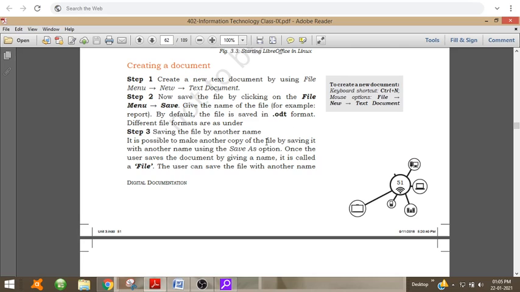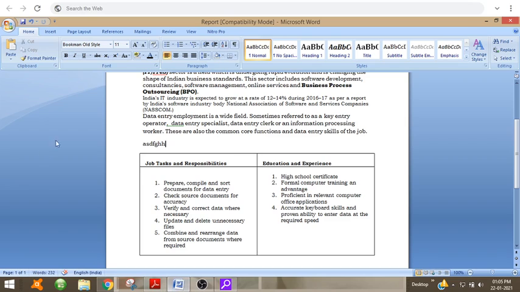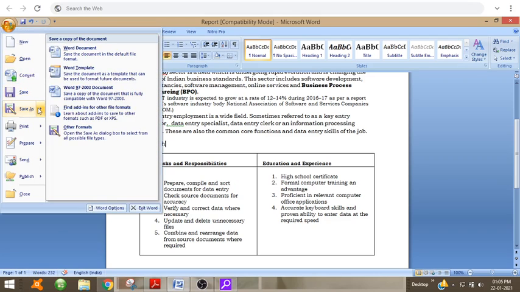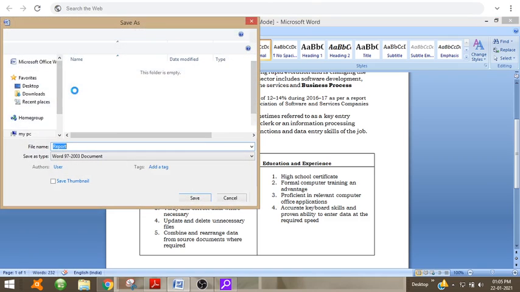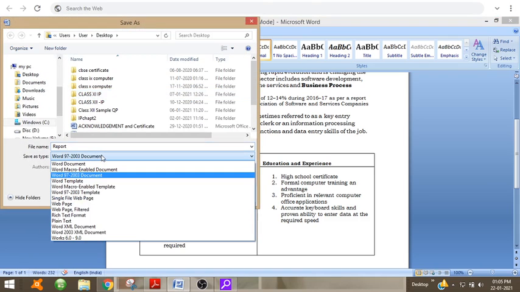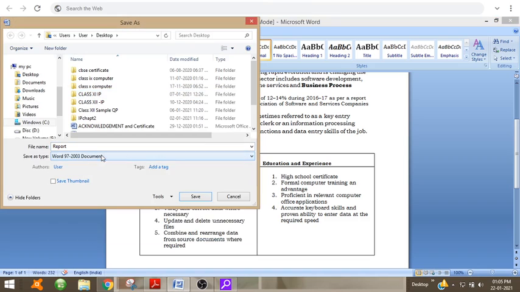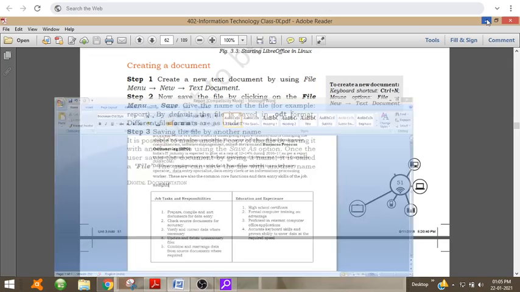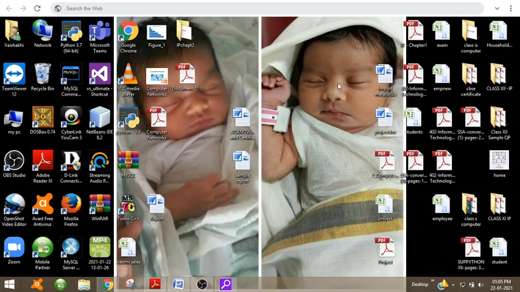Then in LibreOffice, our file will be saved in .odt format. Our Word file will be saved in .doc format. You can see, if I save this document, its file format will be .doc. You can see in our location, this is the file that we have saved.